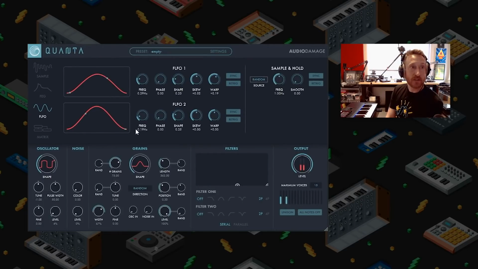Now we have the oscillator's input into the granulizer going through this thing. Let's go ahead and turn this down even more so we can get kind of a drone.